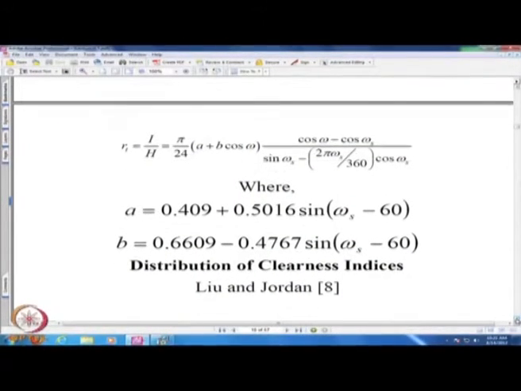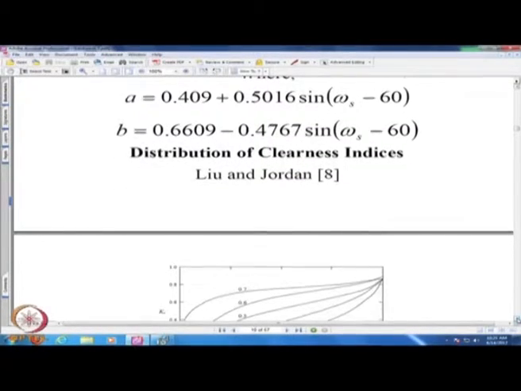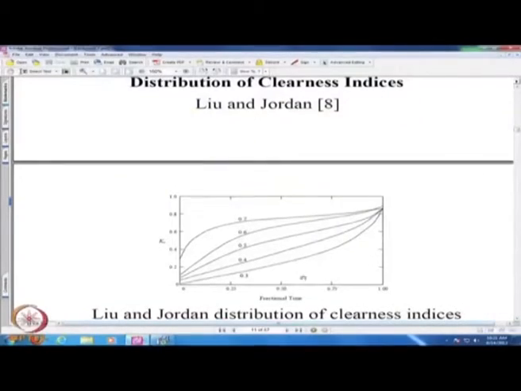A vital piece of information is the distribution of clearness indices. In other words, in terms of a cumulative frequency f, for every given average clearness index from 0.7 to 0.3, the clearness index values are plotted. To give an example, to fix the idea, it is something like a percentile score of marks. If the marks of the students in a class are known, how many people got below 10%, 20%, 30%, that becomes the cumulative frequency f.